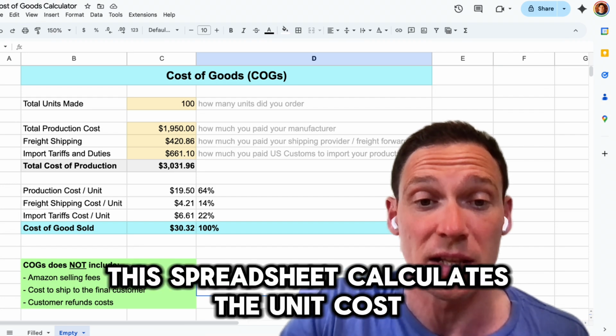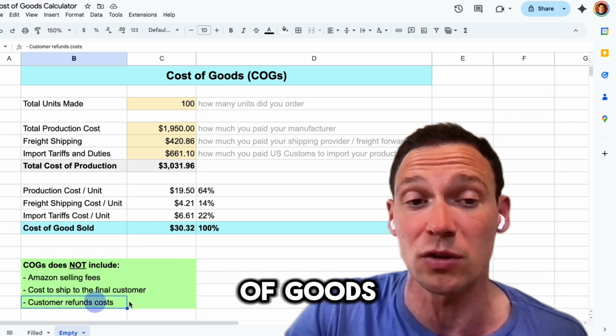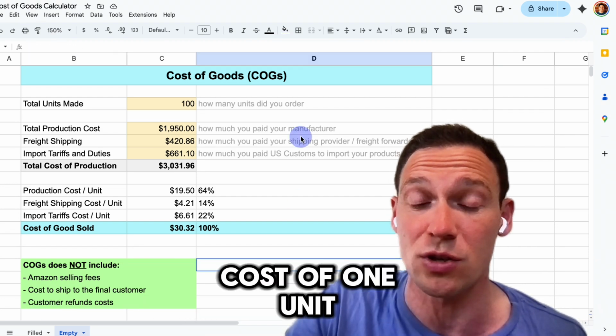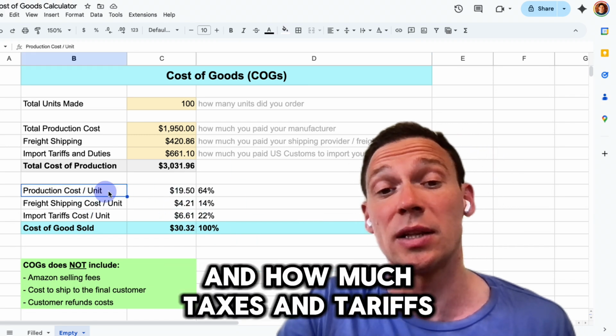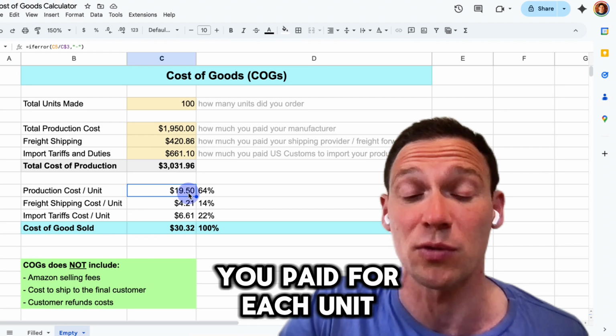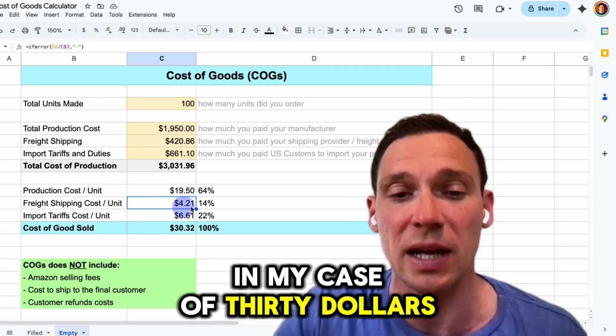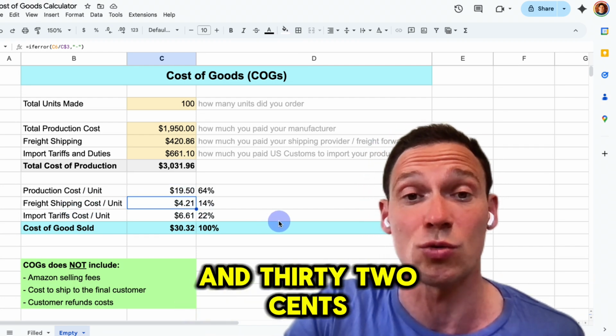In this case, this spreadsheet calculates the unit cost of goods. So you know how much production cost of one unit, how much shipping cost for one unit, and how much taxes and tariffs you paid for each unit, for a total, in my case, of $30.32